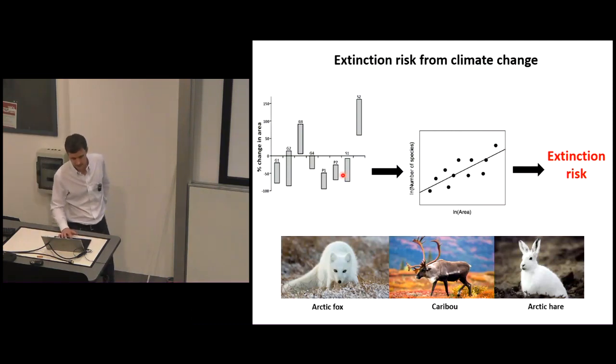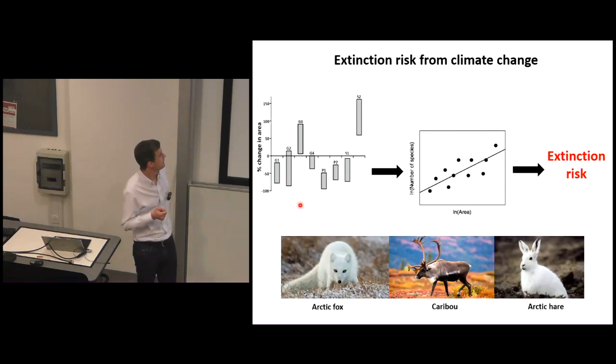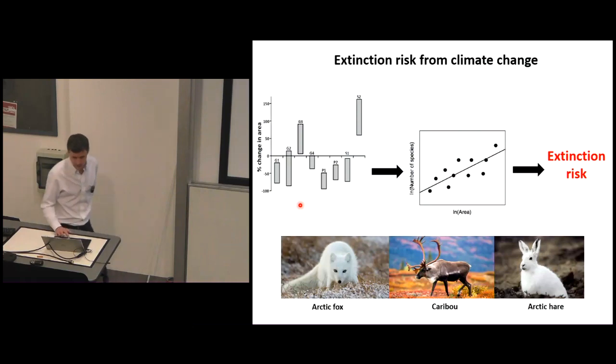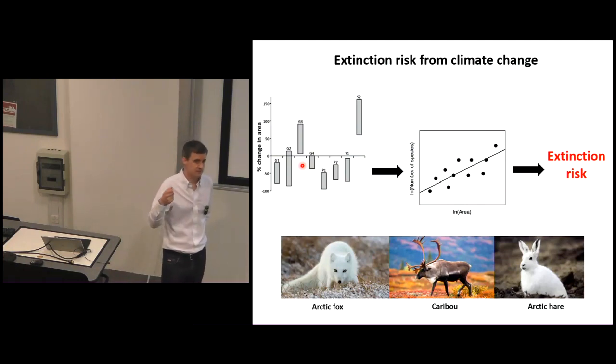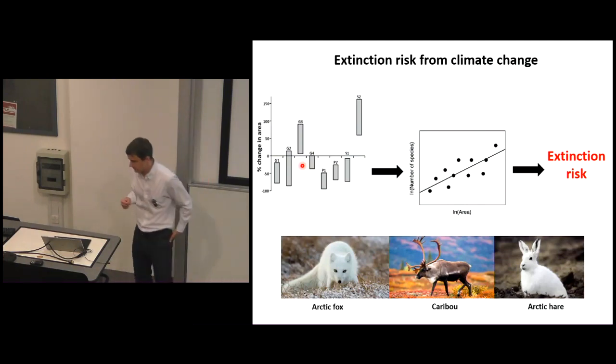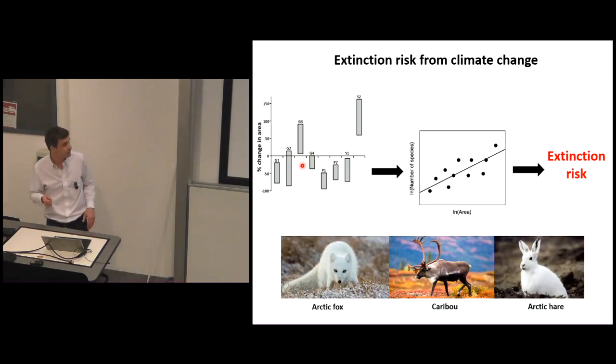So another angle on this is to think about extinction risk, being one of my main areas of research. So sticking with those same predictions, these kinds of changes in area for each of the vegetation classes, what you're seeing here is change in area. So anything below the zero line is a loss of area, anything above the zero line is a gain in area, and then each of these bars is one of those vegetation classes. The different classes of shrubs, trees aren't on here for various reasons, and the different types of grasses.